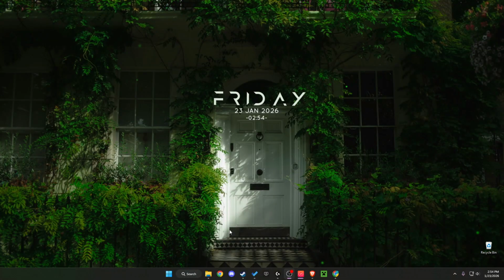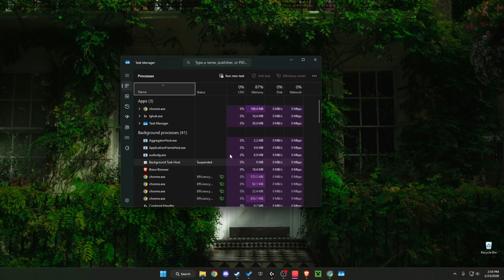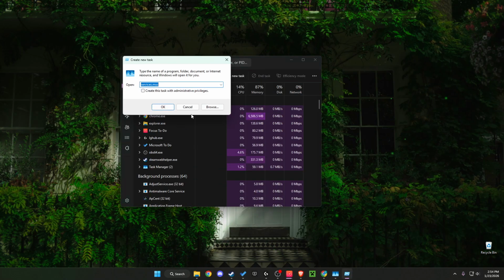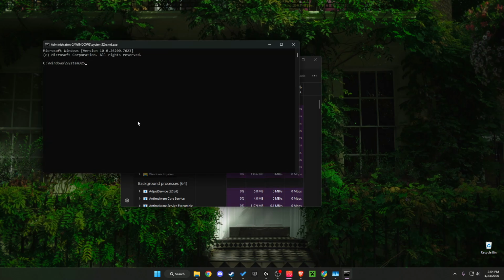And the last thing what I suggest to do here is to right click on Windows icon here, then you need to go to Task Manager, and then you need to run new task, write CMD, and then make sure to create this task with administrative privileges, press OK, and then here you need to write sfc /scannow, one word,